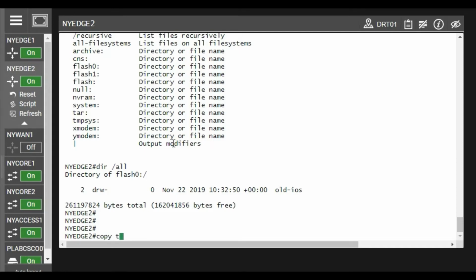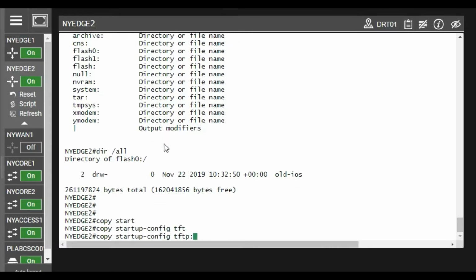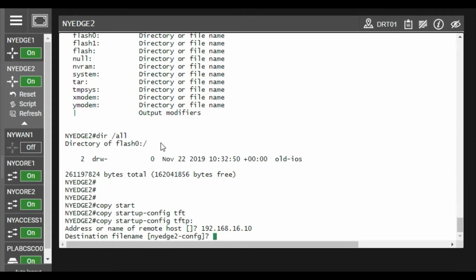Copy startup tftp and address of the remote host, 16.10 and destination file name. You can either enter the key or you can give a file name as per your choice.